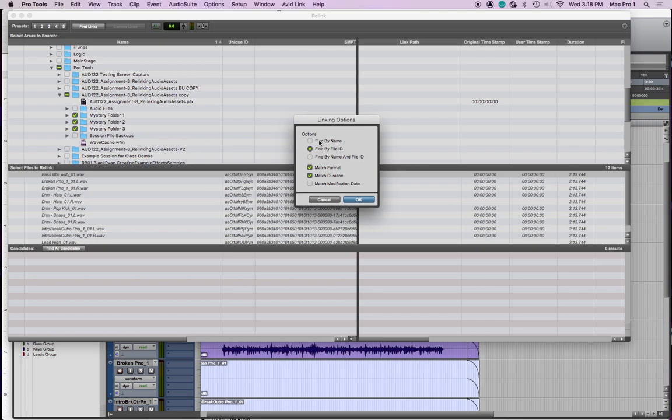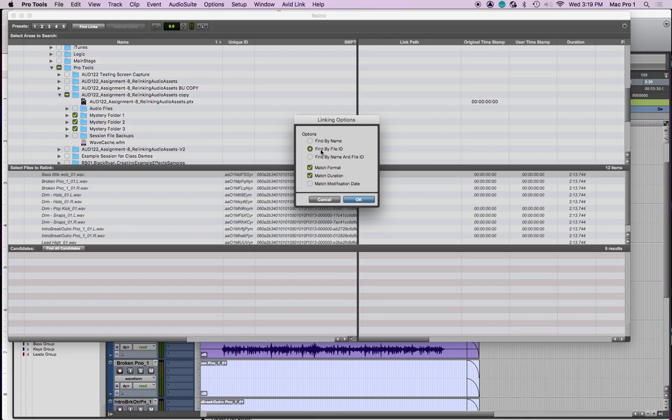You don't get false positives. For example, if you have multiple files that are called Vocal 1 or Audio 1 if you haven't relabeled tracks. When you do find by name, you can literally find hundreds of files if you don't know where this file is or if you're searching an entire hard drive. But you will not usually find that by file ID. And then this one's more specific, and so you could use that as well. In this case, though, if it's been renamed,